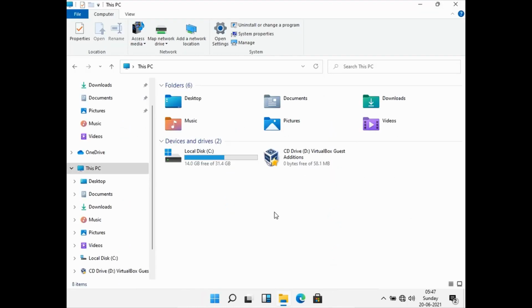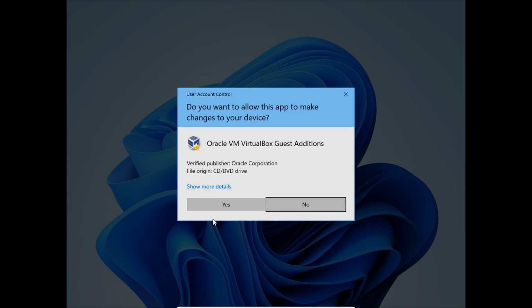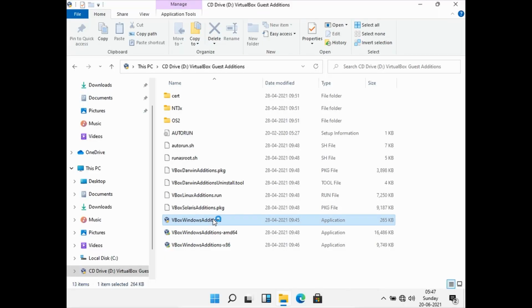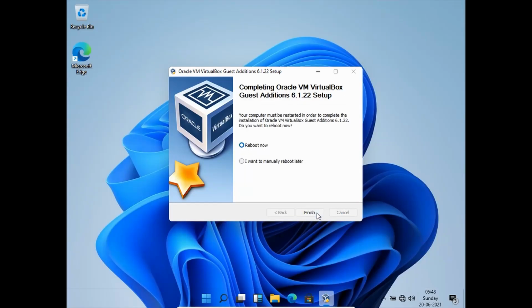We are going to install VirtualBox Guest Additions drivers, because if you want communication between your host and guest OS, then these drivers are required in order to sync the clipboards of your operating system and this guest OS, and to support drag and drop functionality. This is required. Reboot the system.